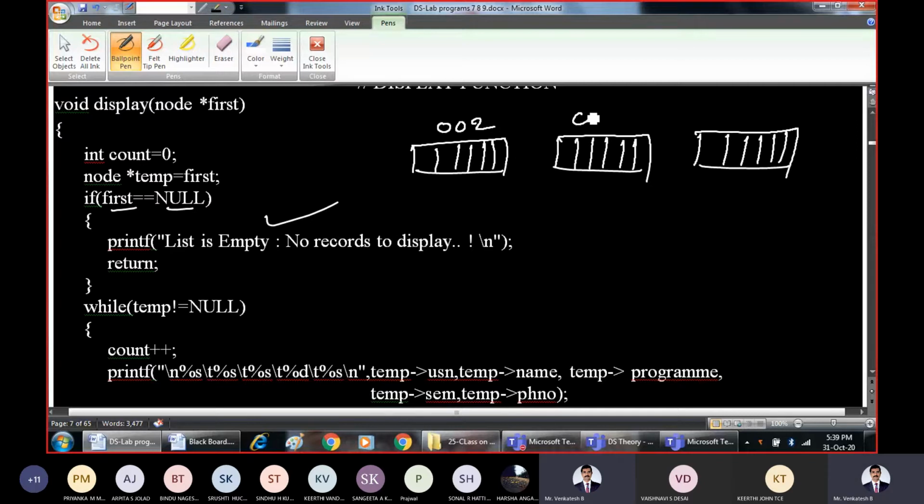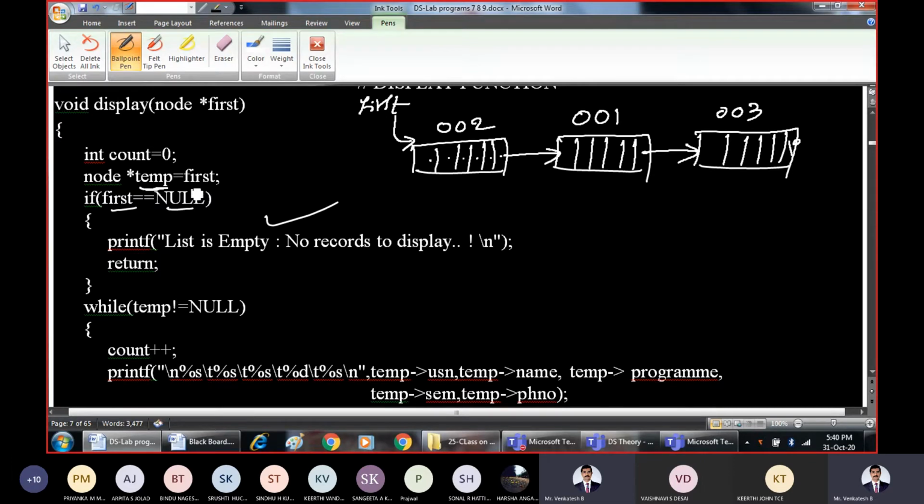It is 002. It is 001 and it is 003. See, other fields are also there. I am eliminating them for explanation purposes. This was containing a null value. Now, obviously, first is pointing to the very first node of the linked list.